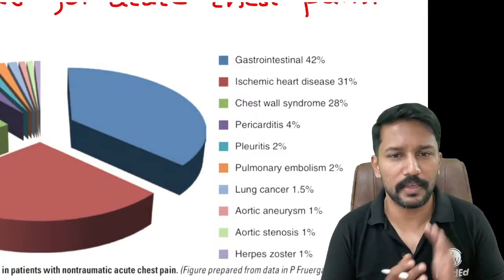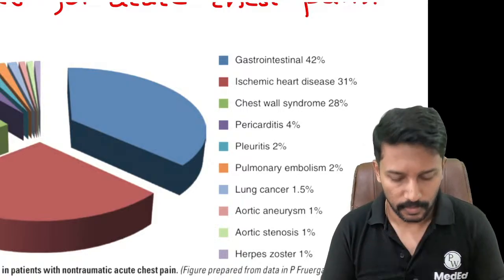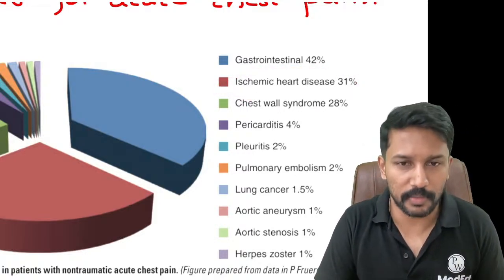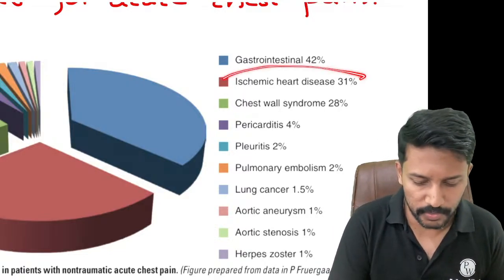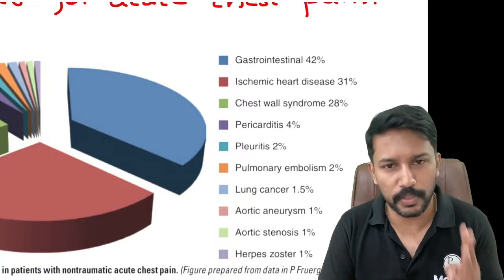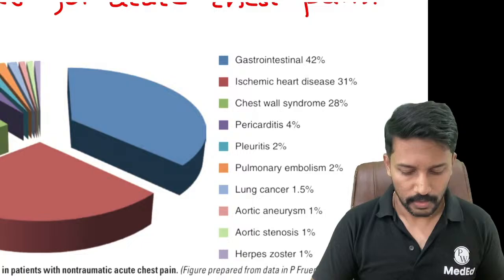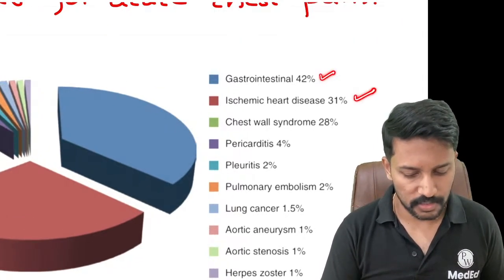What is my biggest worry? I do not want to miss a cardiac chest pain. And unfortunately they rank second. If I see 10 patients coming to hospital with acute chest pain, almost one third or 30% of them, out of 3 patients coming with chest pain to the emergency room, at least one of them will have angina. So we will be aware of the list: gastrointestinal causes, ischemic heart disease,